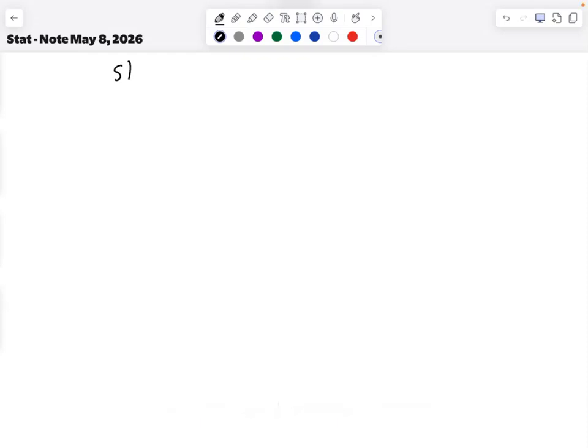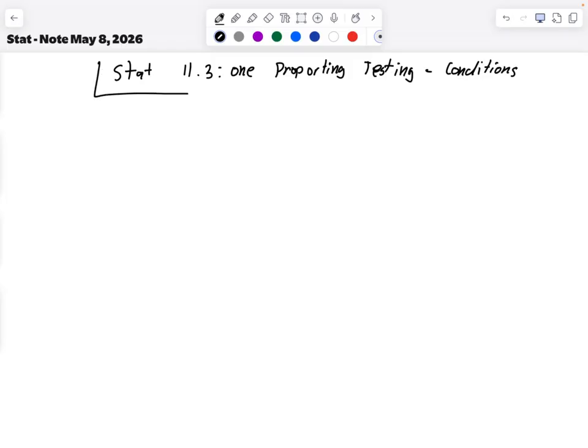So stat, what are we on? 11.3, one proportion testing conditions. So yesterday we focused on the hypothesis, how to write a null and alternative hypothesis while also